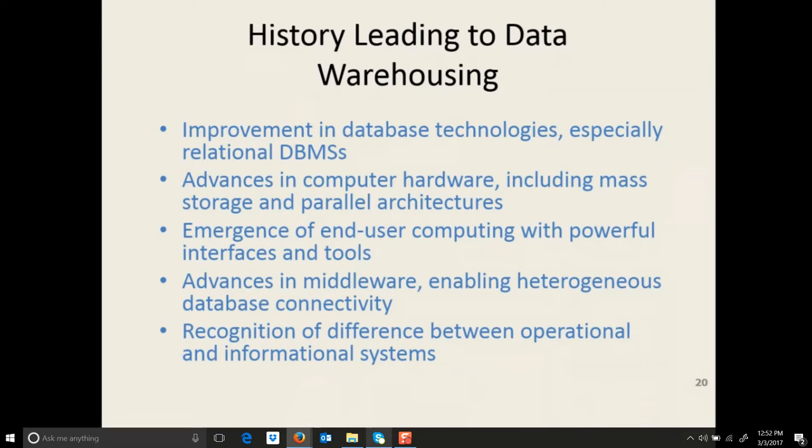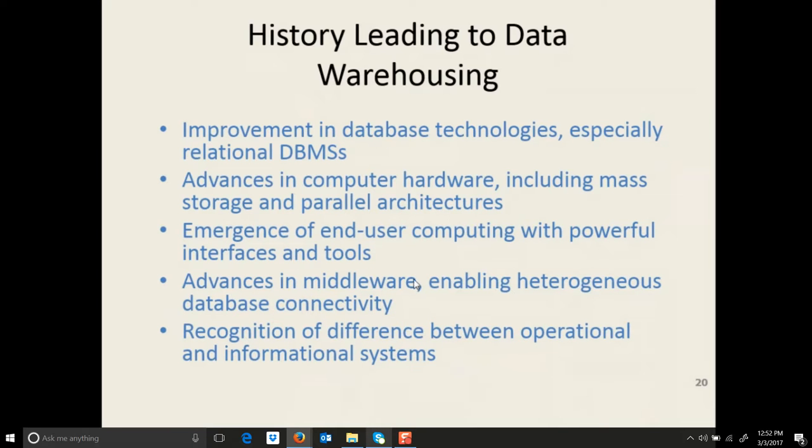Some of the reasons leading to data warehousing is, every year the computational power of computers doubles. So on one hand, the computational power of our computers is doubling every 18 months, and on the other hand, the cost of storing data is becoming half, or reducing by 50%, every 18 months. So what that means is that the cost to store data is going down, and the cost to analyze data is also going down because your computation is increasing. So advances in computer hardware